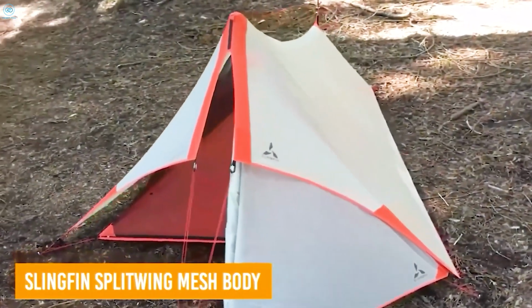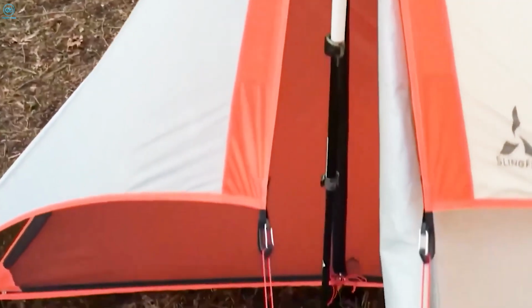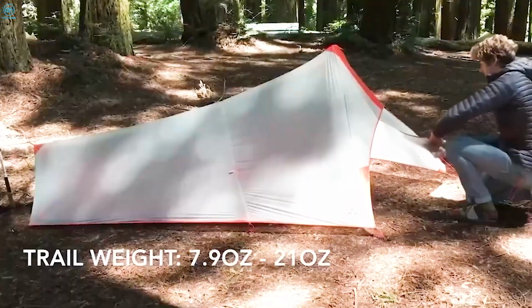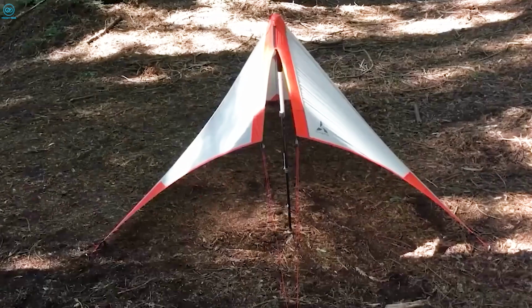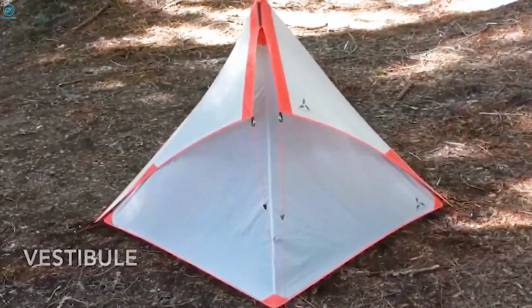You might be the kind of person who doesn't like regular emergency tents, yet is looking for a different tent that comes with a full perimeter tub floor for additional splash protection. We got the Slingfin Splitwing mesh body tent on this list. This ultralight bug shelter is designed to mesh perfectly with the Splitwing tarp, but also shines on its own or with other tarps. It stays attached to the Splitwing, ensuring a dry pitch every time, and shields you from bugs